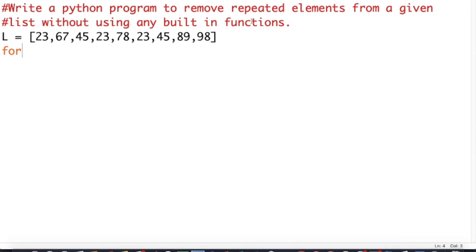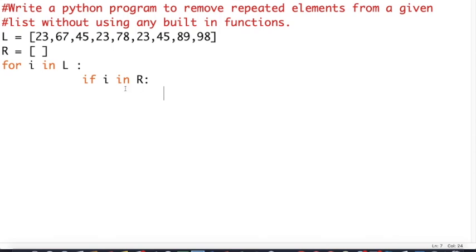I will iterate for I in L. I will take an empty list over here, our resultant list R. If I is in R, then do nothing.